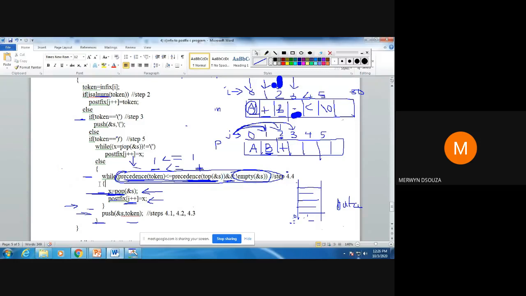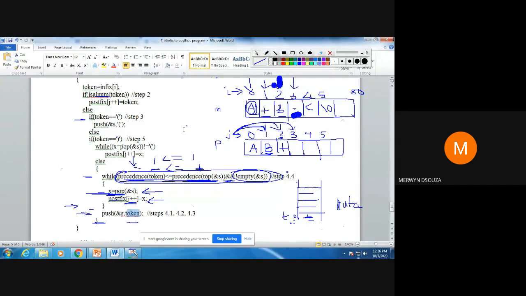When the stack becomes empty, the while loop stops. When you come out of the while loop, what do you do? You push what is there in the token. What is there in the token? Minus. You push that token onto the stack. So you push minus onto the stack. Your top will be equal to this.